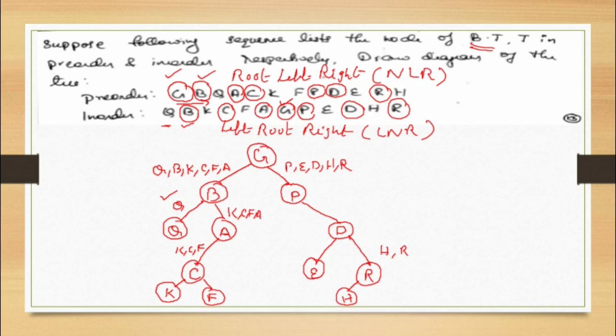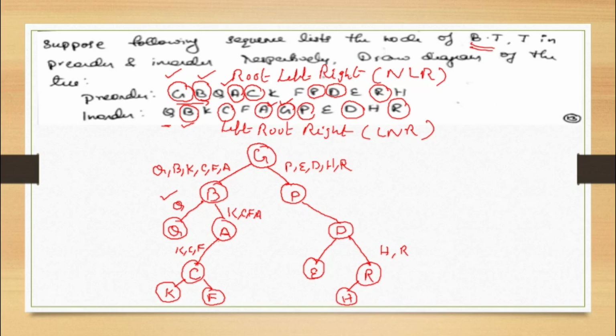And you have KCFA to the right. Now in KCFA, what is the root? How to find it? We have seen that A comes first. What comes first is to be taken, students. Remember. Here we have already seen that A comes first, so that is clear. When A comes first, you write the A here as the root.